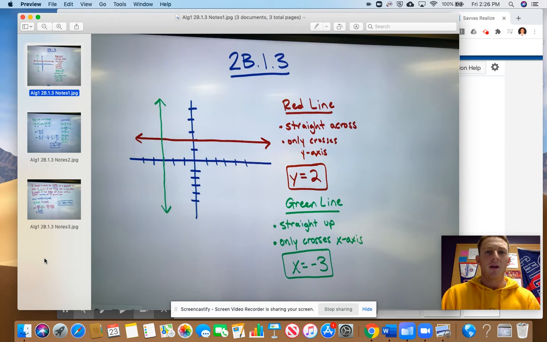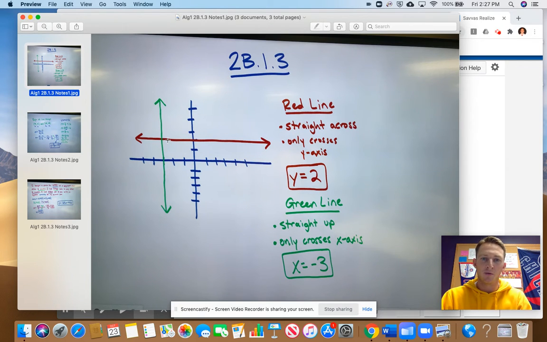All right, Algebra 1, last day of section 2B.1. We are still working with linear equations and lines and graphs. Here we have two different lines. We have a red line, it's horizontal, it's straight across, and we have a green line that goes up and